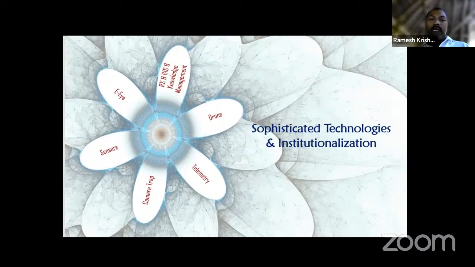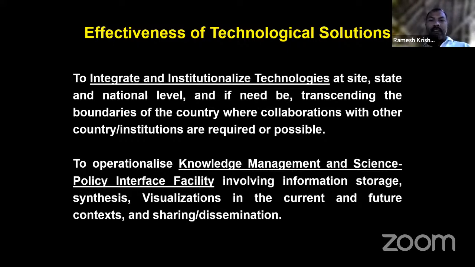So in the wildlife sector or forest sector, we have some important technologies: remote sensing and GIS, which also includes the knowledge management system. We have drones or UAVs, unmanned aerial vehicles, telemetry technology, and camera trap technology. There are many wireless sensor networks. Then we also call them electronic surveillance or EI tools. So these are some of the technologies. But if the technology has to become very effective, these two points have to be remembered.